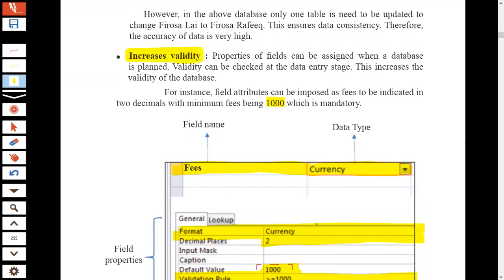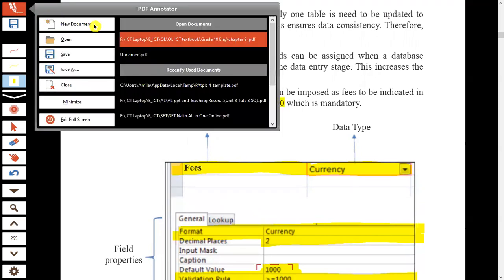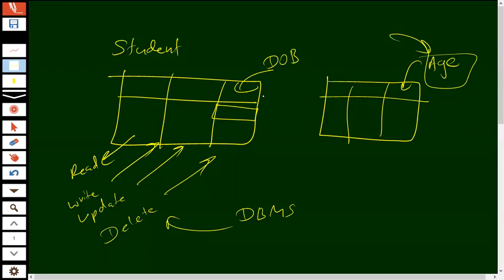So if we enter date of birth, we have to enter only dates in that field. We are not going to enter currency in that field. So these types of DBMS software normally check all the data when it is entered. Is that data correct?